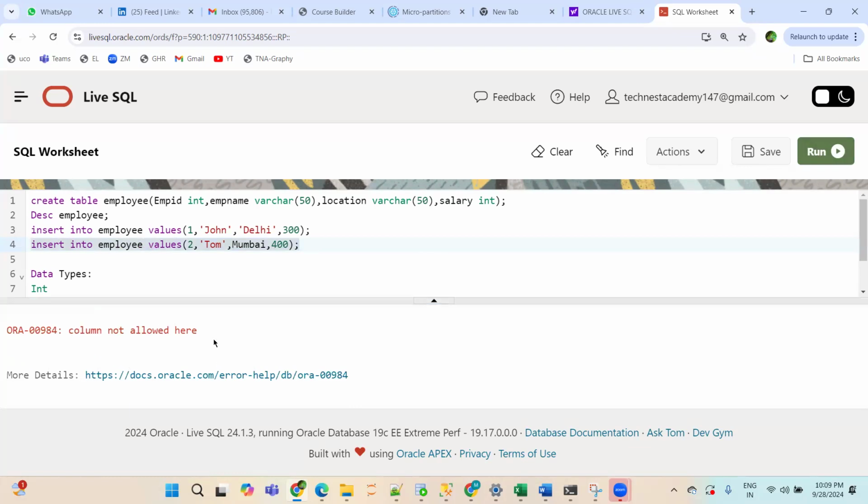Oh, what happened? It is throwing an error message, column not allowed here. The SQL engine is throwing an error. Why? Because I have written Mumbai, it is in alphabets, but I forgot to give the quotes here. So that is why in the varchar column, quotes are mandatory.